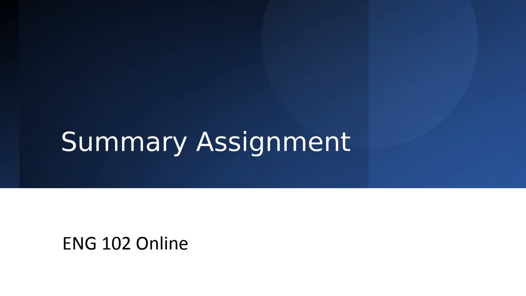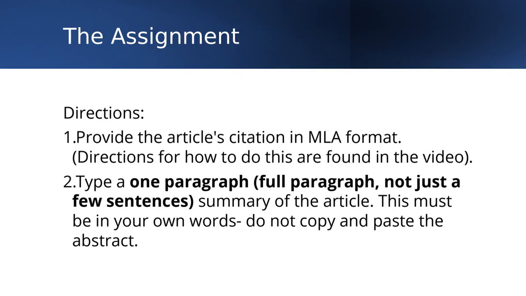So here we go. The assignment says that you're providing an article citation in MLA format. That means you're putting a works cited page on the end of it, and you're typing a paragraph, at least a full paragraph, not just a few sentences, that is a summary of the article. And it needs to be in your own words, not copied and pasted from the abstract,